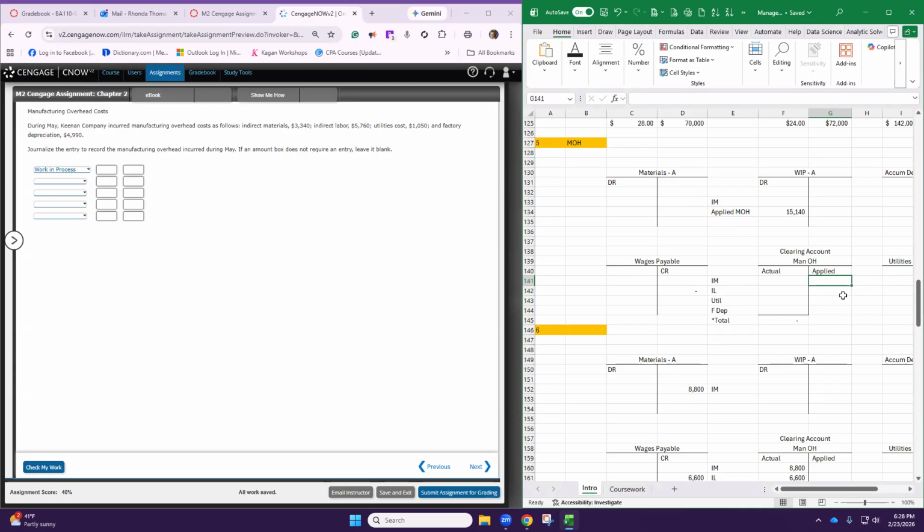Each one of these is going to come in and we're going to add them up. There's 15,140. So out of this account comes 15,140, and then we're going to apply it to work